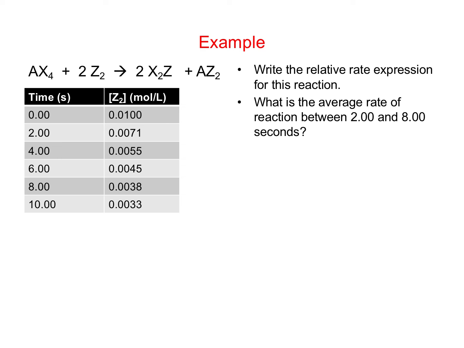All right, so let's finish with an example, similar to kind of what we did before. The first thing we're asked to do is write the relative rate expression for this reaction. That's exactly what we did on the last slide. We just take each of the concentrations of all the reactants and products. For reactants, we have to make a negative 1 in front, and then 1 over the stoichiometric coefficient. So in this case, the rate of the reaction